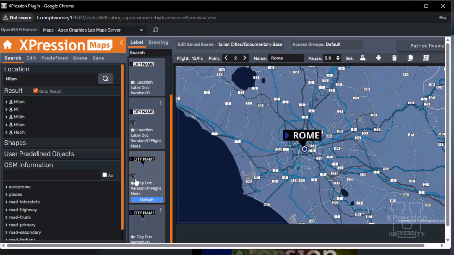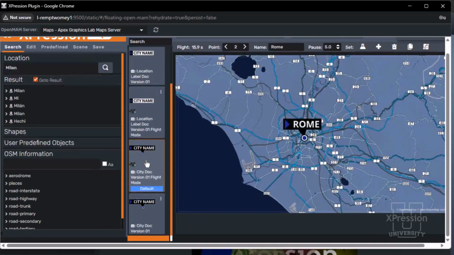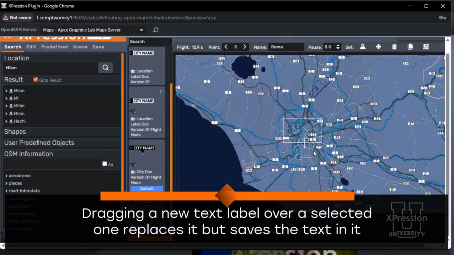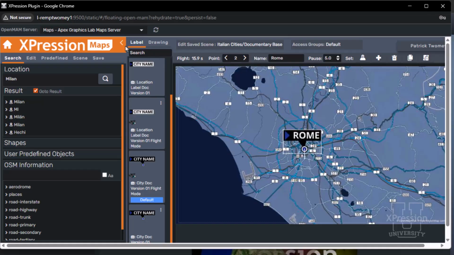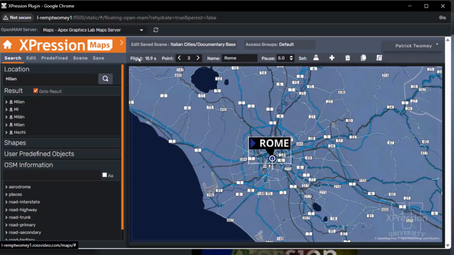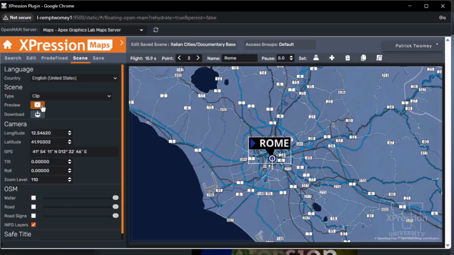And when you come to a pause, it'll be there for the duration of the pause, and then it will go away. So you'll notice that Rome did that, and again, I've got another label that doesn't have it. So I'm going to go ahead and click on Rome, and I'm going to choose this one and drag it on top, and now I've got a different Rome label here. And what I want you to notice is when I do this animation preview now, I'm going to scroll this back down, I'm going to tell it to set, and what you're going to notice when I preview this animation,